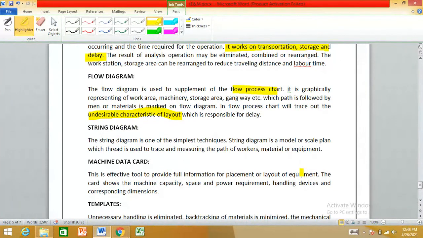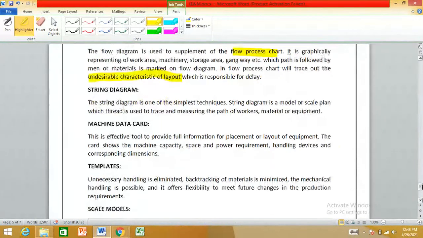Sometimes in a plant there is a one-way path. Suppose a worker is going one way, that person cannot return the same way, in order to avoid certain types of accidents. The string diagram can better define that.